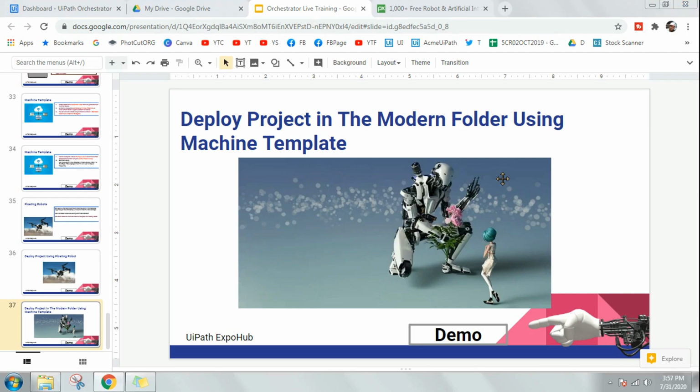Hello friends, we are going to see how to deploy a project in the modern folder using machine template. This itself is a very interesting chapter and I am sure you may not find any videos on YouTube as of now. So the modern folder is a different concept and using a machine template is a different concept, and how they can be tied together and how you can deploy a project is something we are going to see